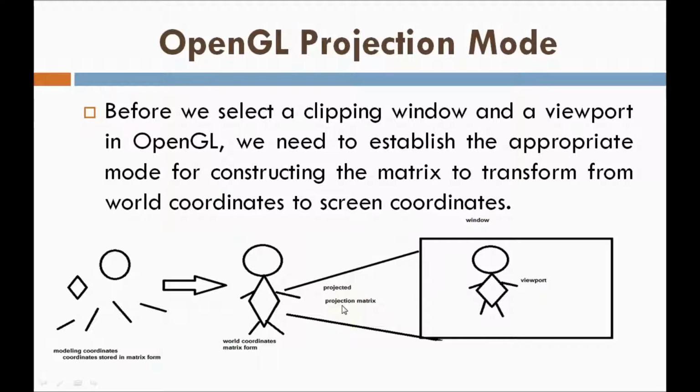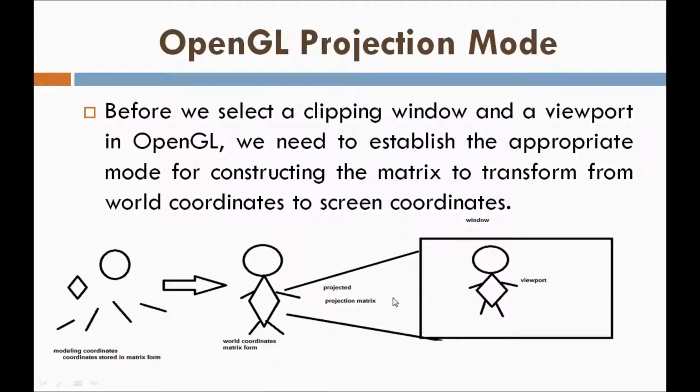So the contents of the projection matrix are the contents of the images that need to be projected in the display or the viewport, right? Whatever contents you see in the display window, whatever contents you see in the viewports, are projected from the projection matrix. Just remember that, right? Your contents that need to be projected to the viewport will be stored in the projection matrix. The contents of the projection matrix will be projected to the display or the viewport. So your information will be stored in matrix form here.